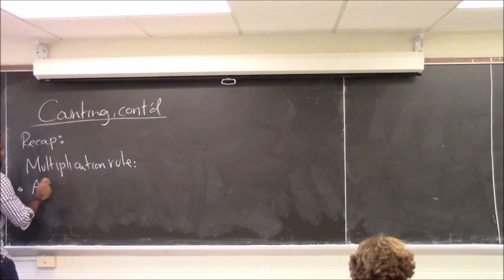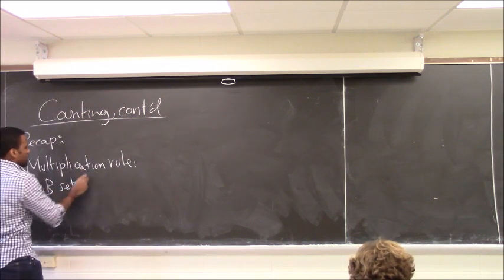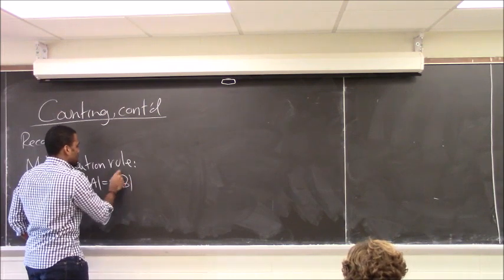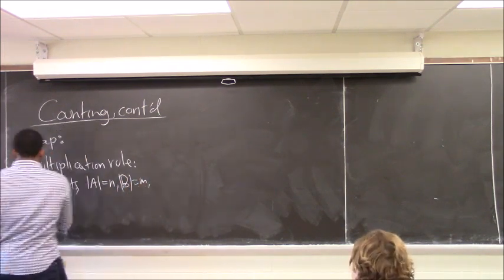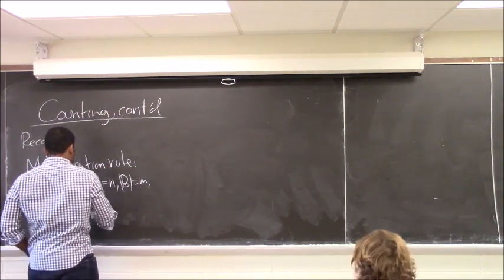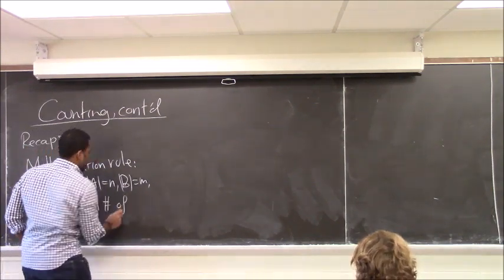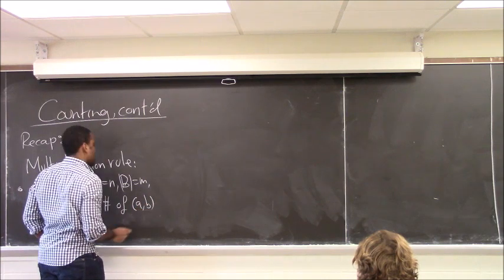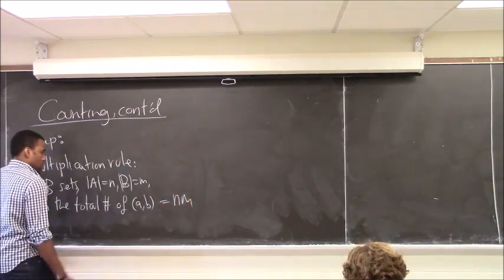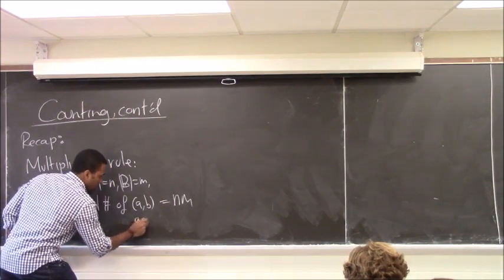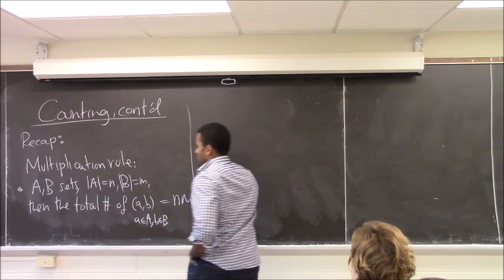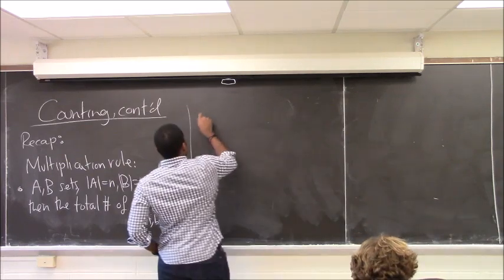Given sets A and B, where the size of A is n and the size of B is m, the total number of pairs (a, b) is going to be n times m, where a comes from the first set and b comes from the second set. Another way to state this,